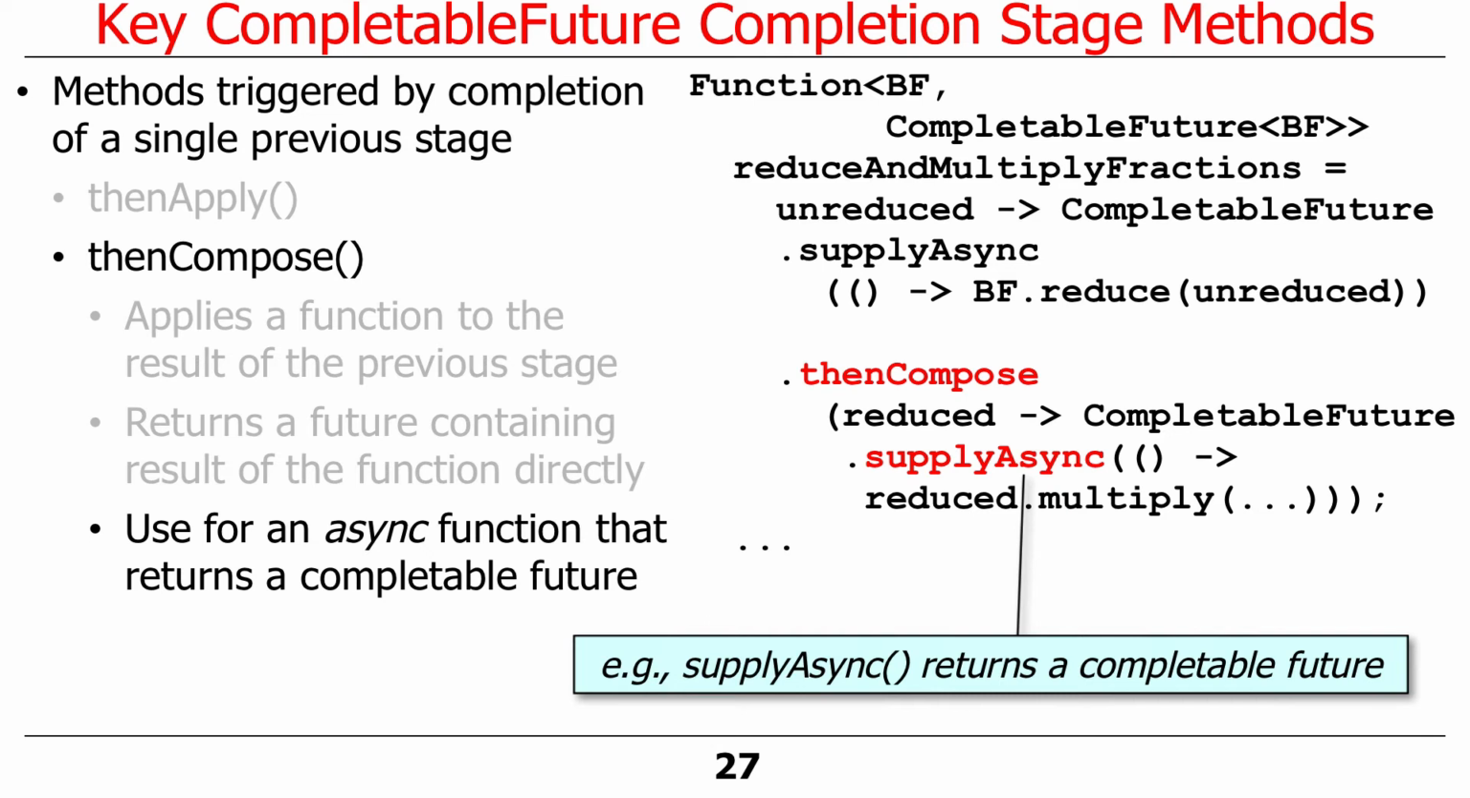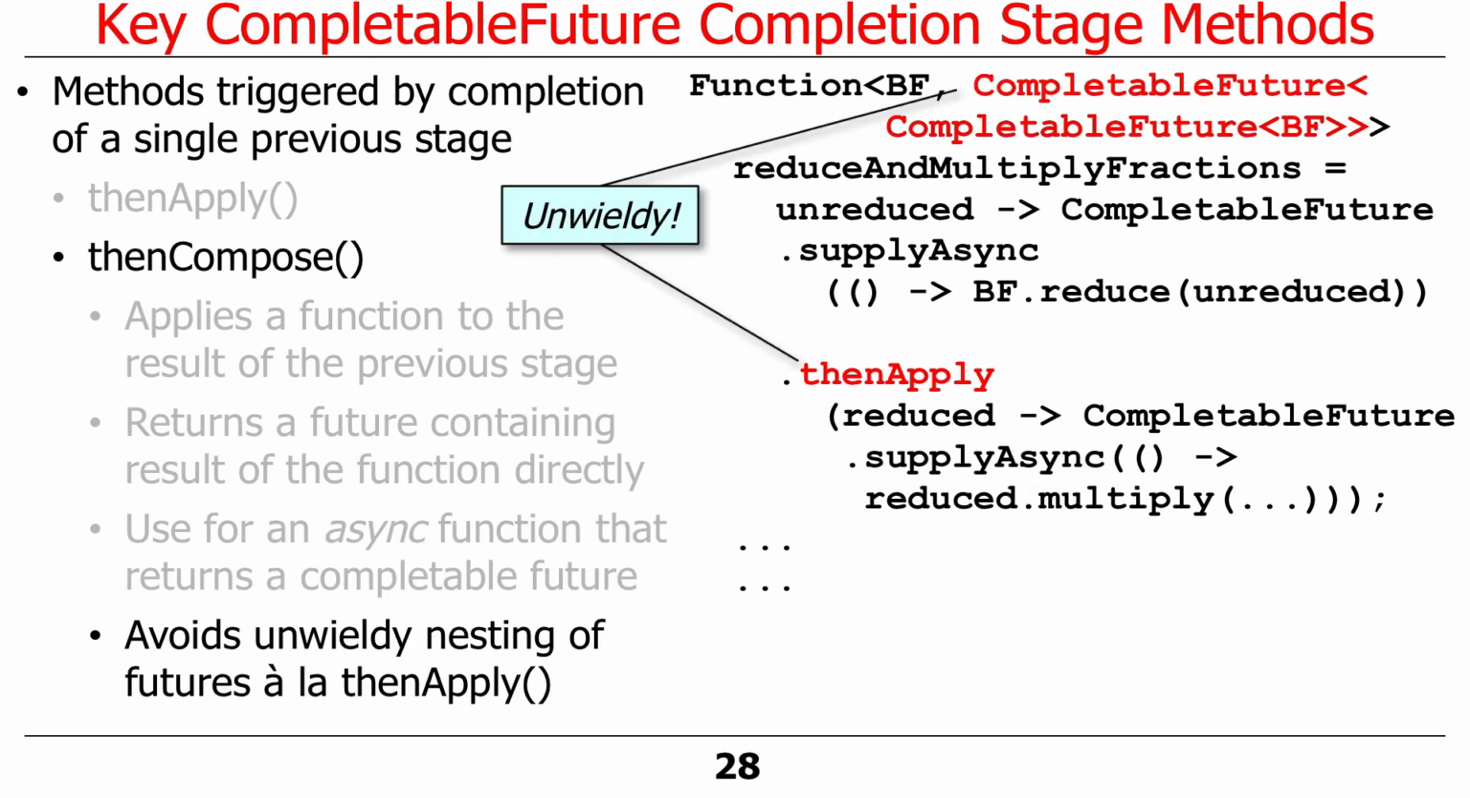Conceivably, if the fractions are big enough, multiply might take a while, all right? So it could take a long time to run. And so notice that supply async returns a completable future, because it's an asynchronous call. Well, we don't want to end up with a completable future to a completable future, but that's what we would get